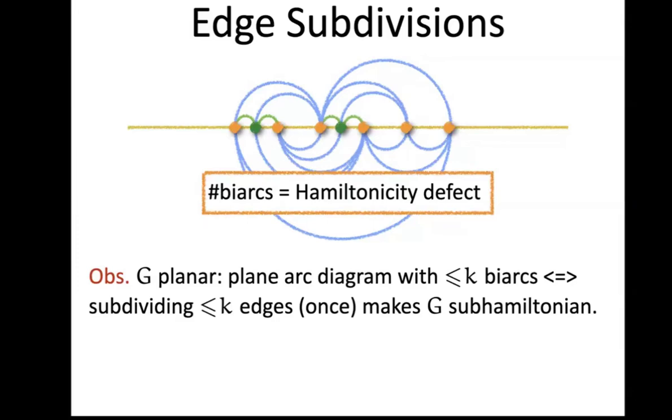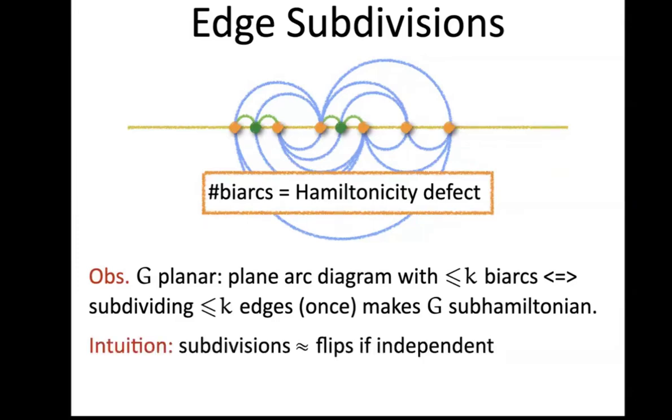And subdivision is one way to look at modifications of the edges. Now, we can also think of edge flips, of course, instead. If the graph is a triangulation, then edge flips in triangulations is a very well-studied topic. And if you now imagine this biarc, the edge that corresponds to this biarc, if instead of subdividing you would flip it, that would also get rid of the spine crossing, and instead you would get an edge that connects two vertices that are consecutive along the spine. So assuming that these flips are independent, meaning the triangles that are involved in them don't overlap so that there are no interdependencies, so in the terminology of edge flips, they are simultaneously flippable, then the number of these flips also corresponds to the maximum number of edges that we need to flip